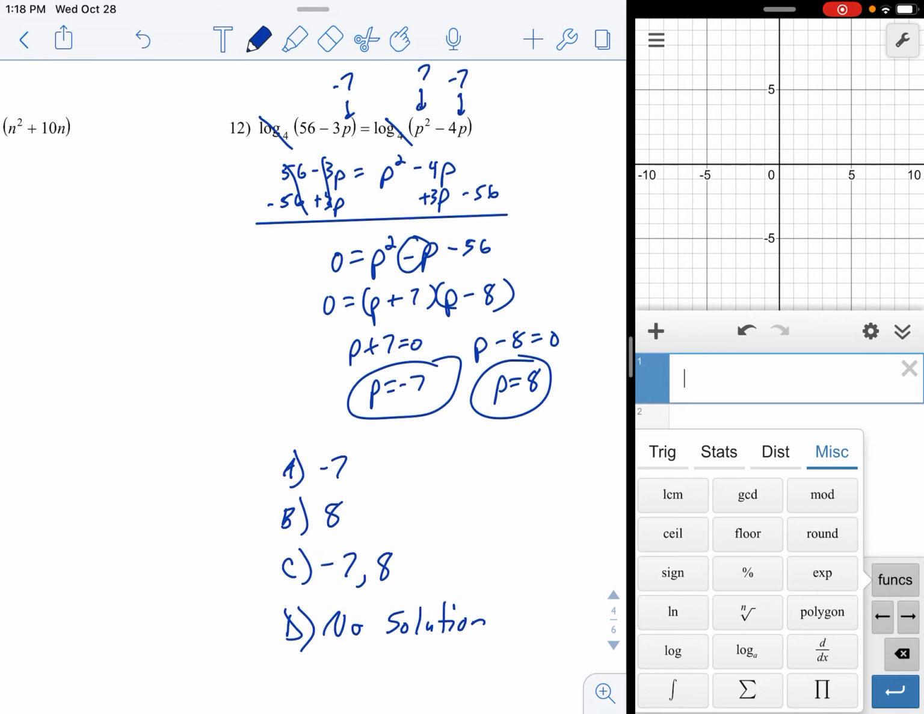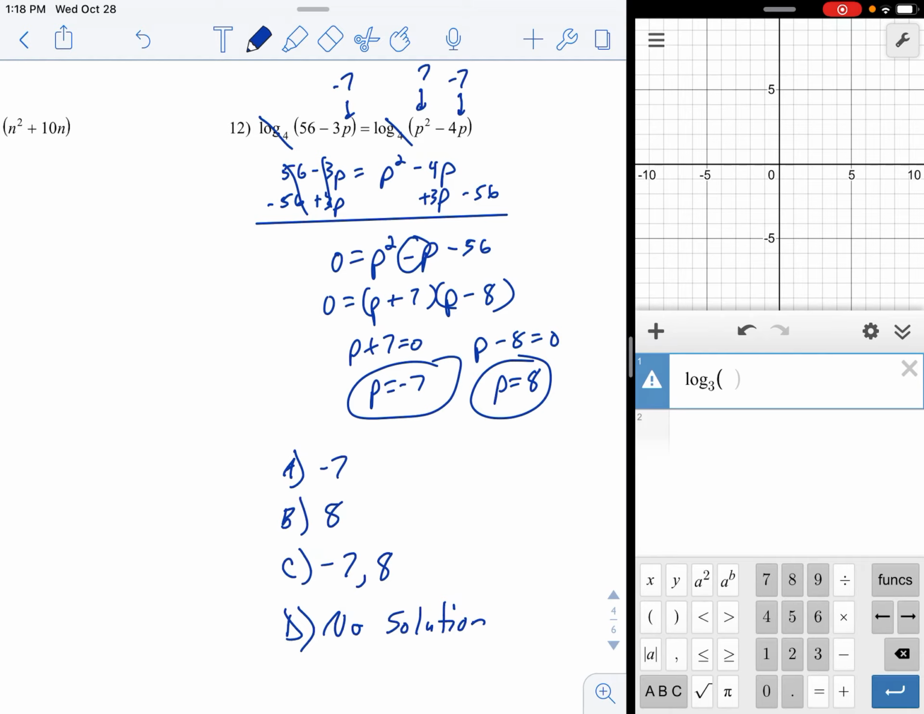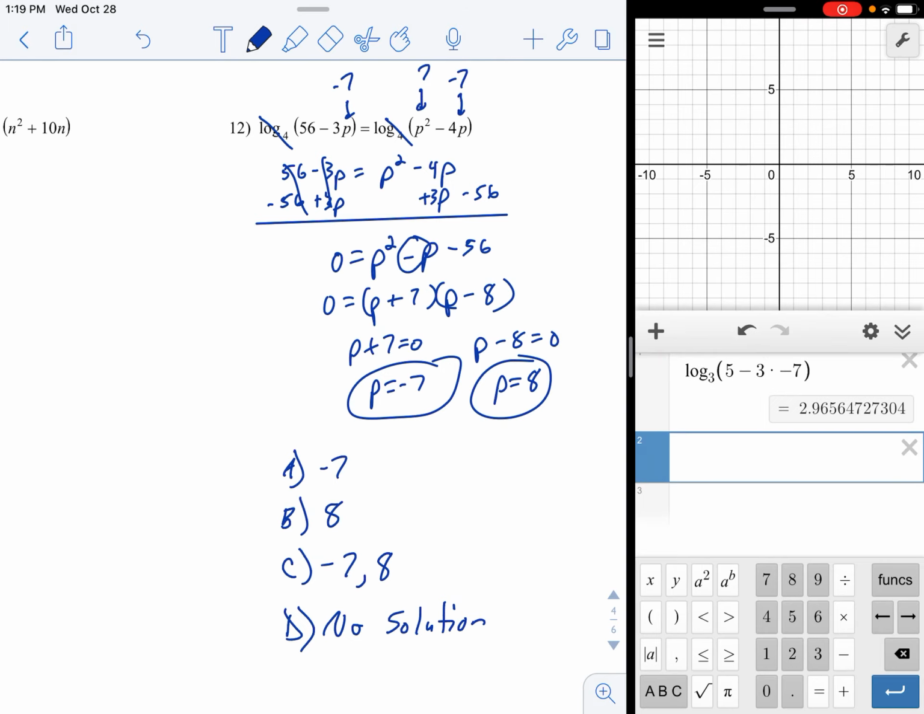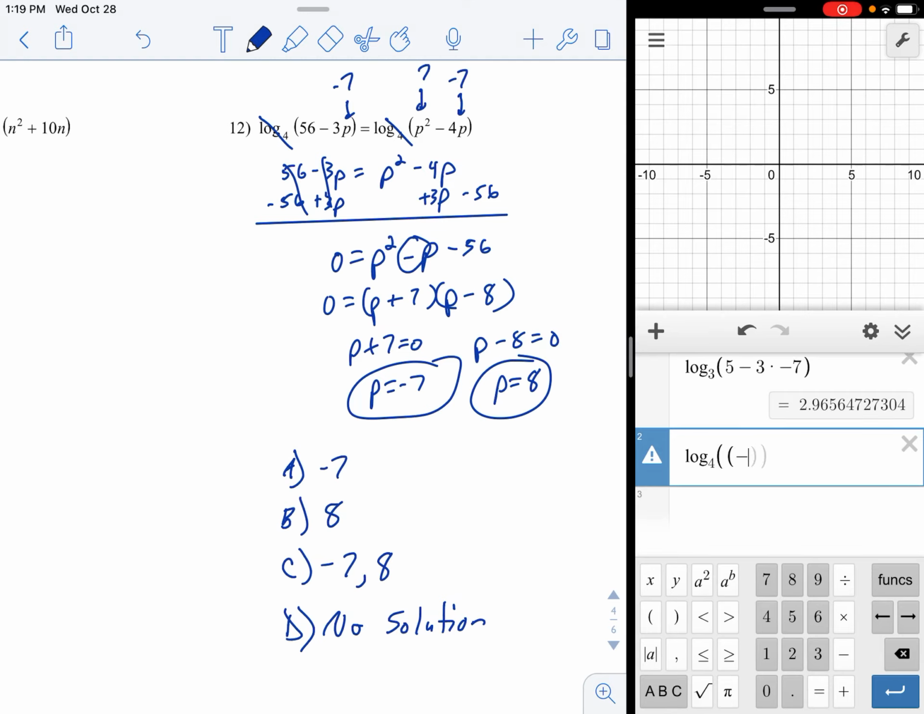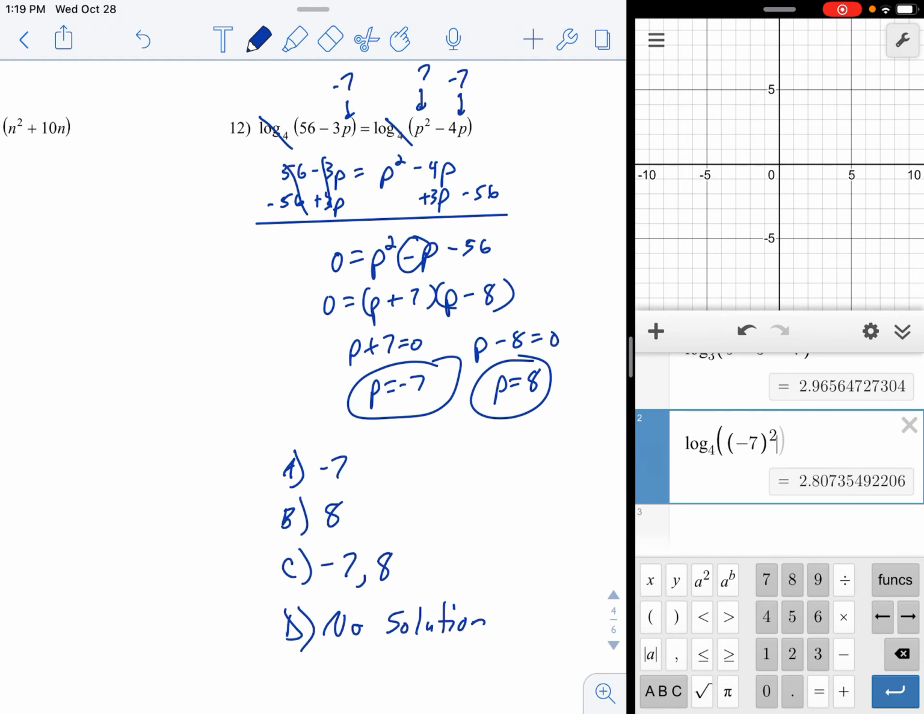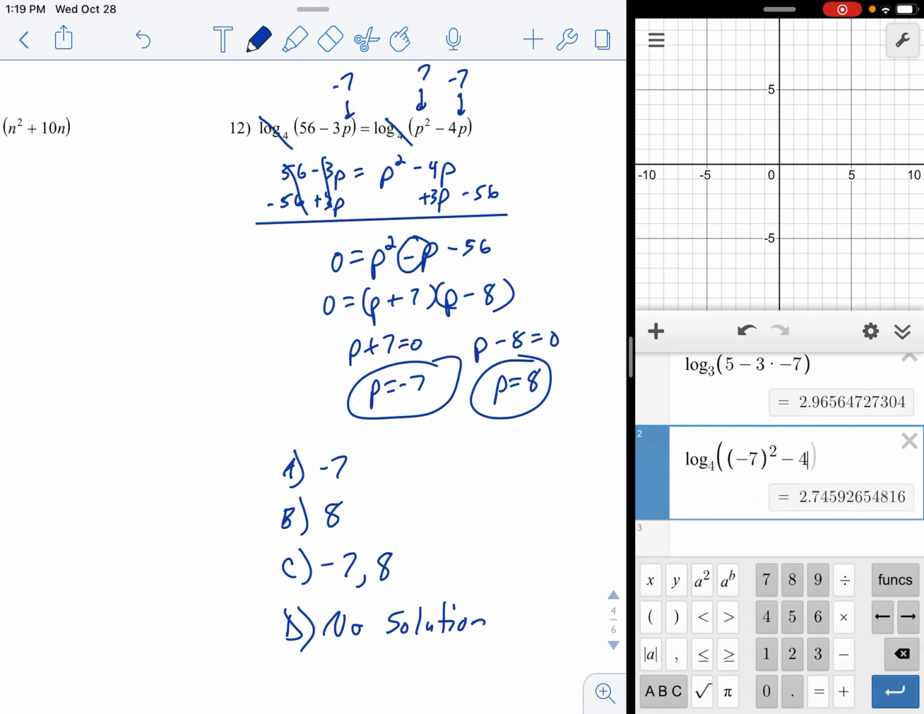So function log base 3 of 56 minus 3 times negative 7. So 2.965, and so on. Now I'll do the other side. Log base 4 of parenthesis negative 7, close parenthesis squared. Remember, when you square a negative, you need to put it in its own set of parentheses, not counting the parentheses that belong to the logarithm. And then,